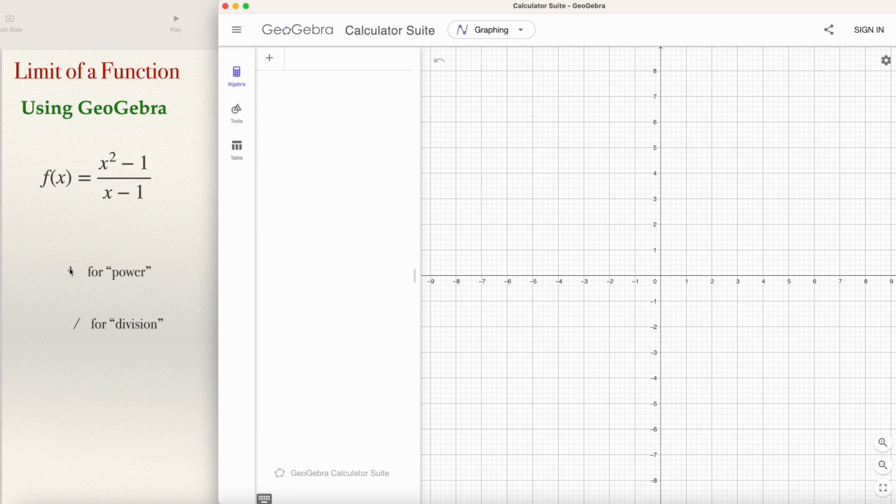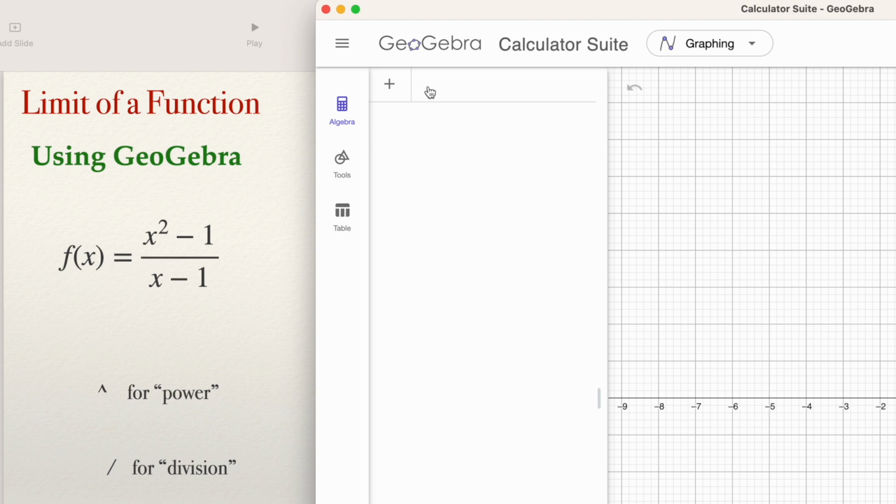So if you type shift number 6, we are going to use the circumflex symbol that will be used for typing the square, the x squared. And for the division key, we will use the slash. So that's what we are going to do. Define the function. Notice that you cannot make a substitution of x equal 1 in the value of the function. If you type here 1 minus 1, there will be an indetermination, there will be a 0 at the denominator. So anyway, define the function f of x